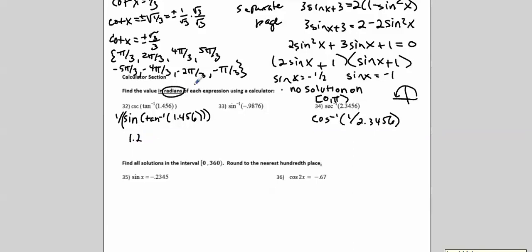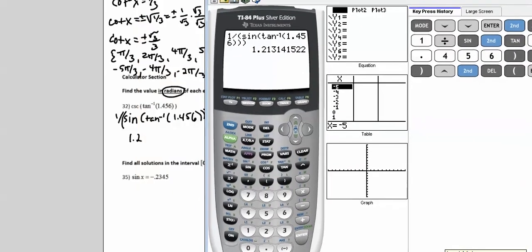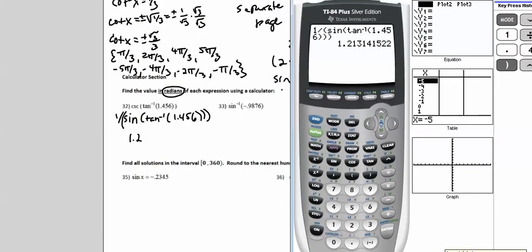Okay. The next one we can enter exactly as we see it. Alright, inverse sine, negative 0.9876. So approximately negative 1.4. And while we're at it, let's put in what we said we were going to type